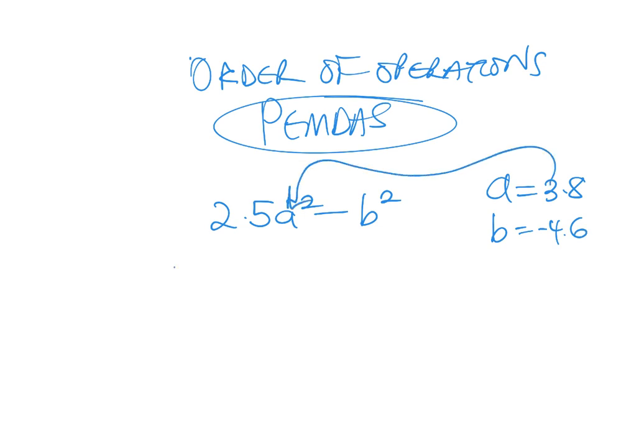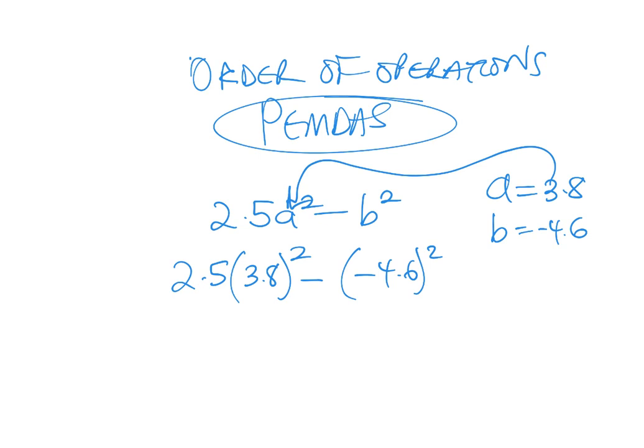So this goes in for a, so that's 2.5 times 3.8 squared minus b squared, and negative 4.6 goes in for b. Now we go ahead and use PEMDAS. We have to take care of the parentheses first and then exponents. The 3.8 squared